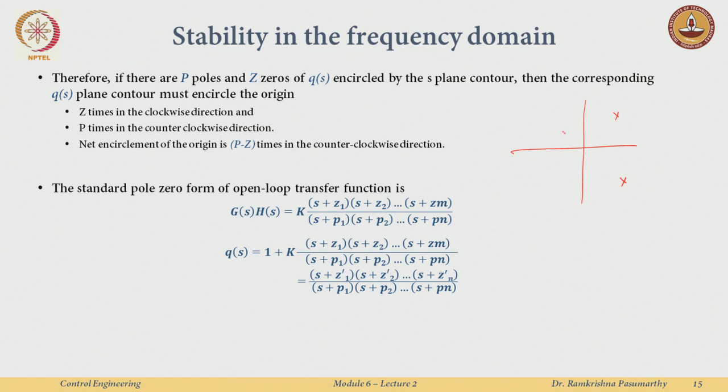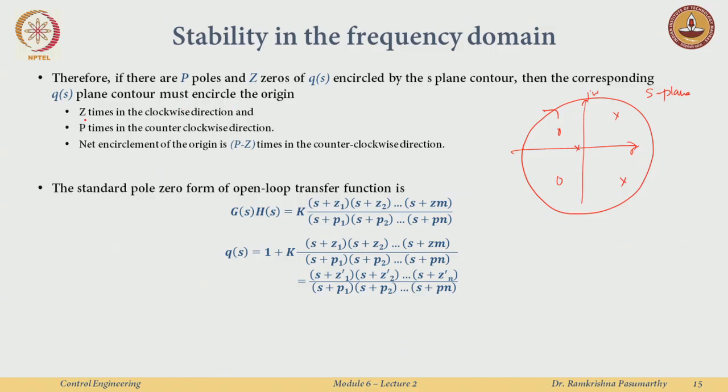Say there is a pole here, a 0 here, a 0 here, and one more pole here, right. And say I just want to have some fun and enclose all of them. So in the S plane I encircle all of them. This is sigma j omega in the S plane. Then the corresponding Q(S) plane contour must encircle the origin